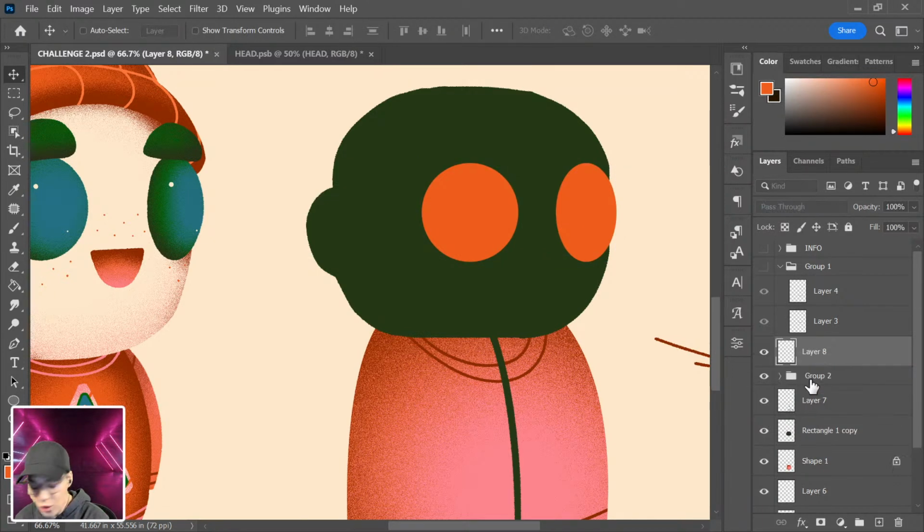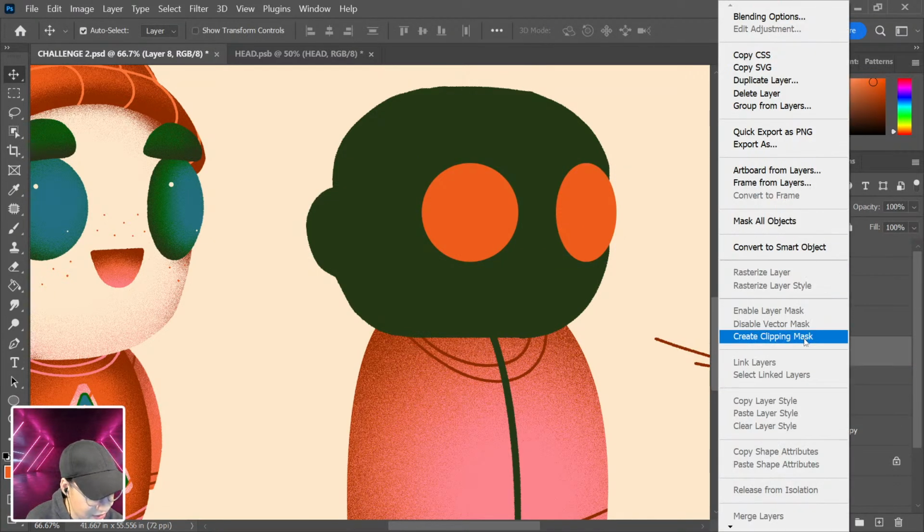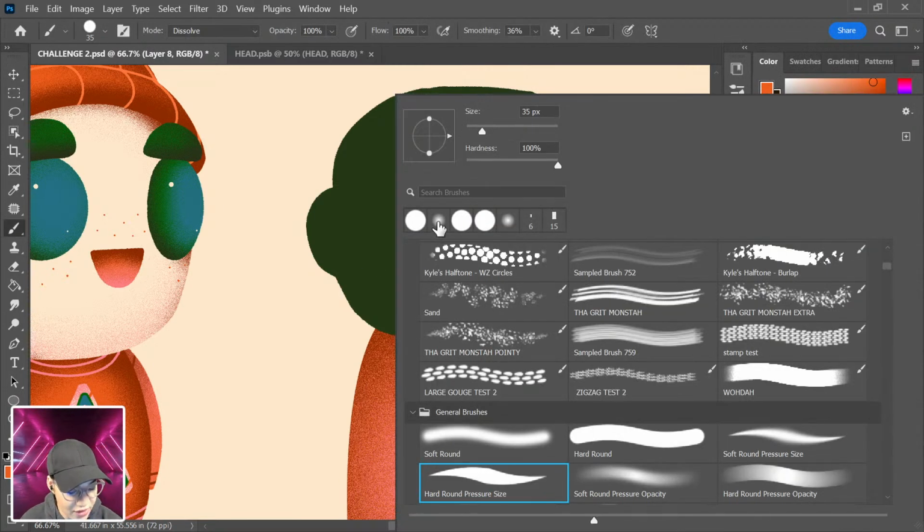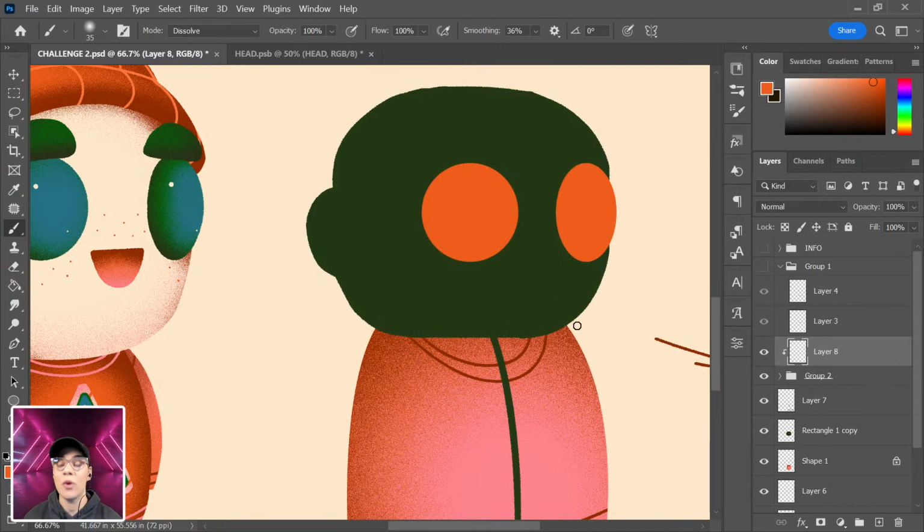And I'm going to clip. Let's do a clipping mask because clipping masks are great. We will make sure that our soft round brush is selected. And real quick, before I take off, what we're going to do is, like I said, illustrate this, but we're